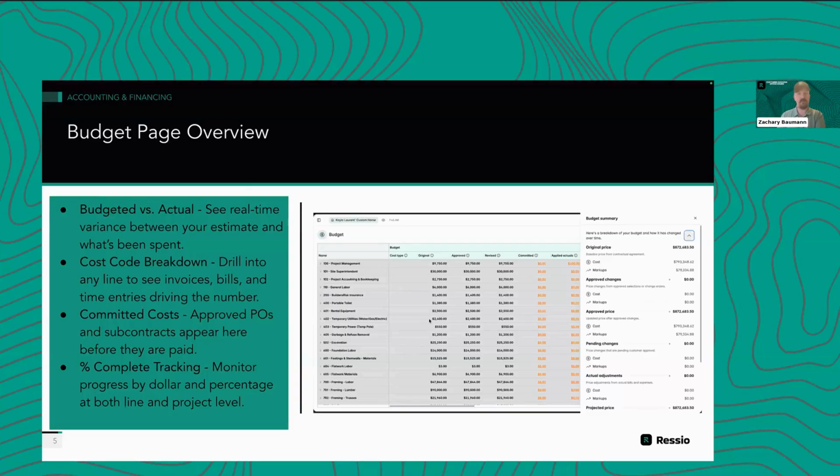Though you can export the budget out of Ressio. Some builders have asked about this before. On that data table on the budget, simply right-click anywhere and you can export it as an Excel or a CSV file. We have a download button on the estimate because that's more common, but the budget can just be exported with that right-click. And that goes for all the different data tables in Ressio. Anytime you see a data table, if you're like, oh, I don't see a download button, right-click it. Guarantee there's an export to CSV or Excel option right there for you.